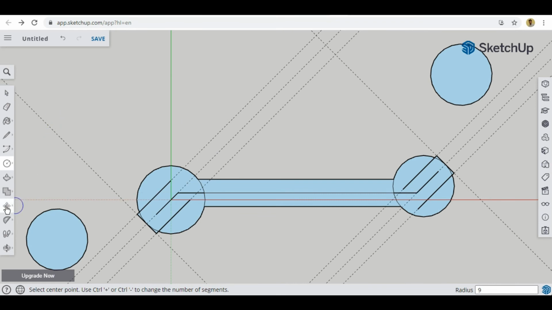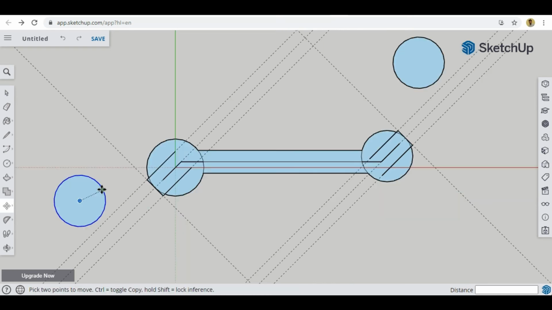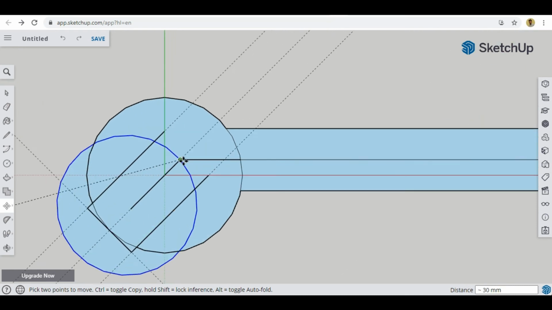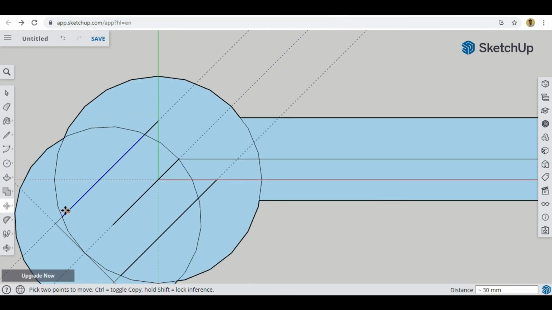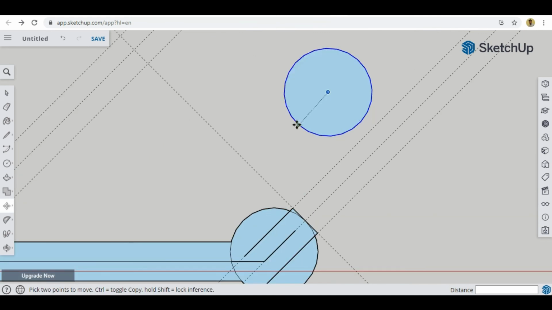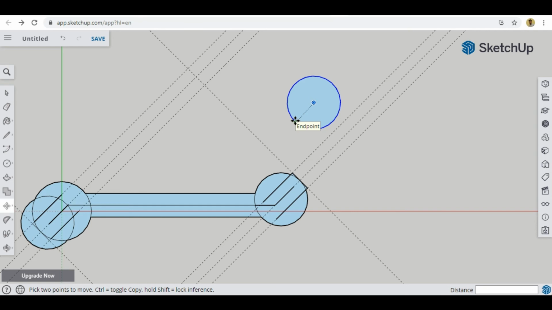Okay, and after that we can use the move command. With the help of this, let's move them back again, and I can use the circumference of the circle also. Since I know the angle is correct, so I'll take this.